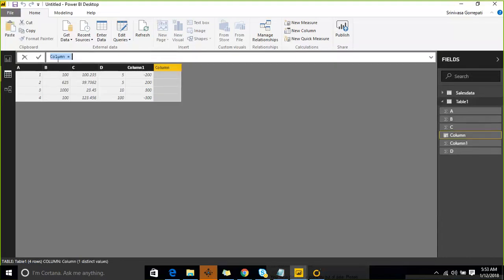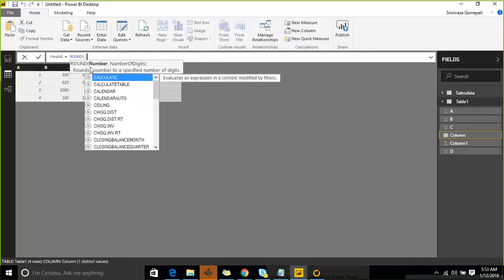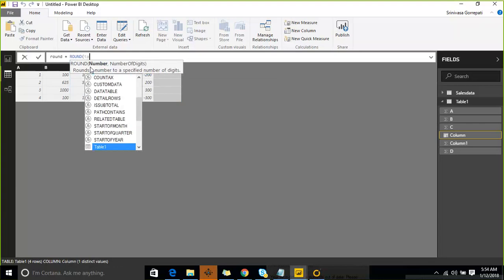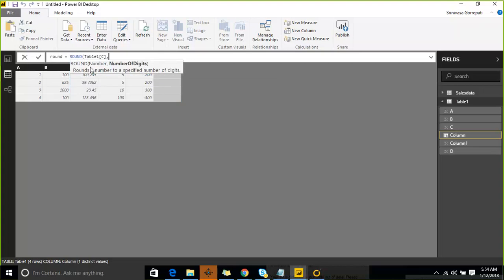Okay, so here I am making another column. It can be applicable on a measure or a column, whatever. Round, here the round of, you need to provide for each number you want to round. I want to do it on C. There is a column called table 1 of C which contains the decimal values, and here I wanted to round it to 3 digits. You can see it was rounded to 235 as it is 3 digits, and 7362 was rounded to 736, 456. And if I want to round it to only one digit,